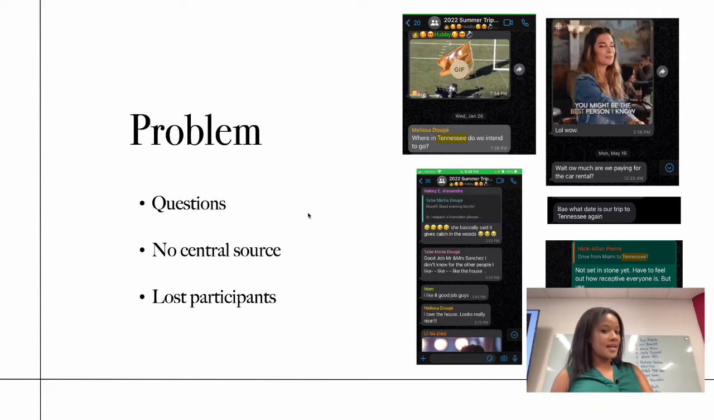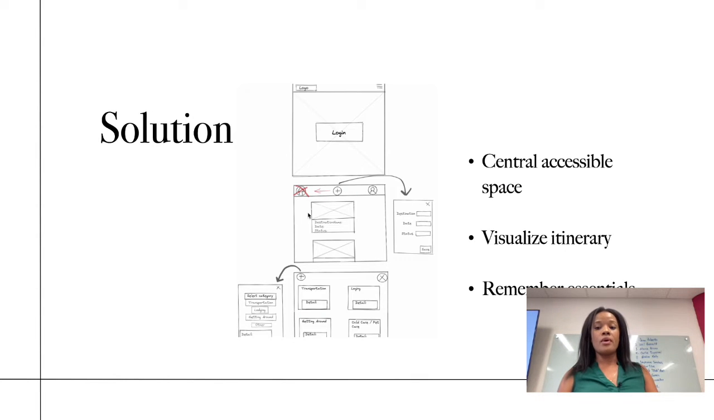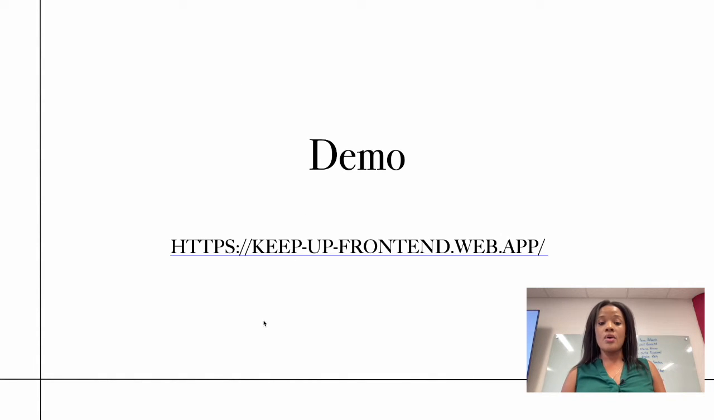So what I decided to do was create a web app that solves that problem, creating a centralized, accessible space for itinerary information. We're able to visualize it because when we can see something, we can do it. And it also allows us to not forget essentials of the trip. I'll go ahead and demonstrate